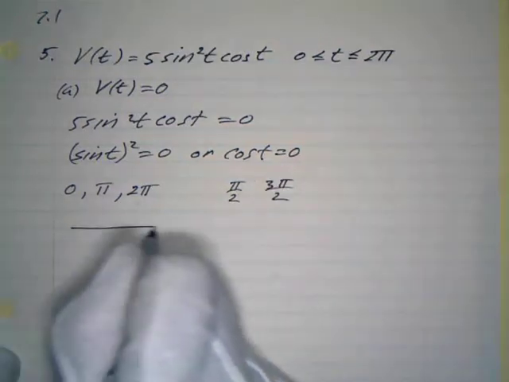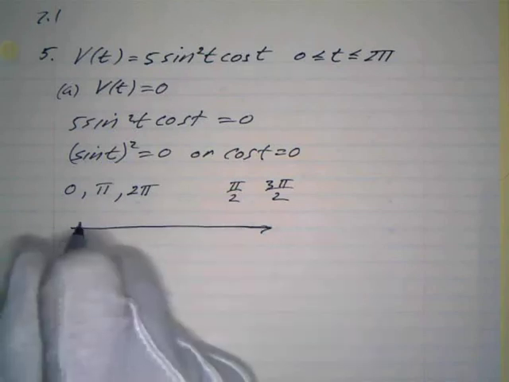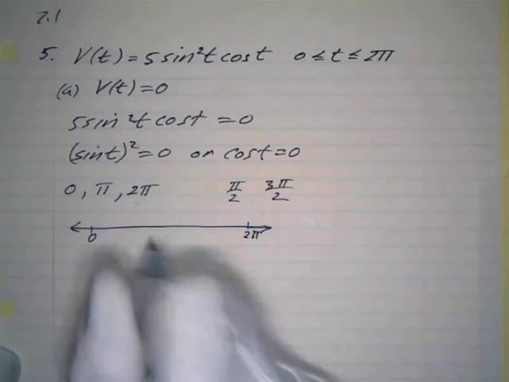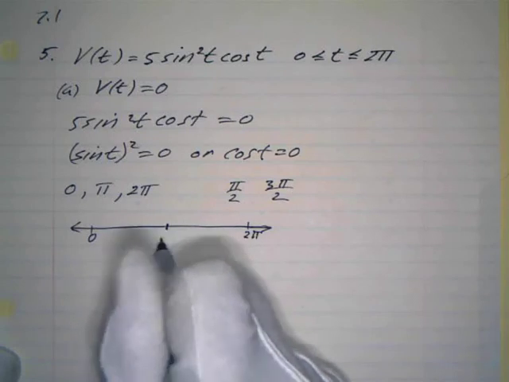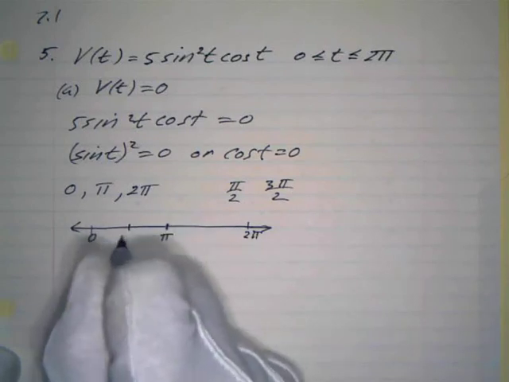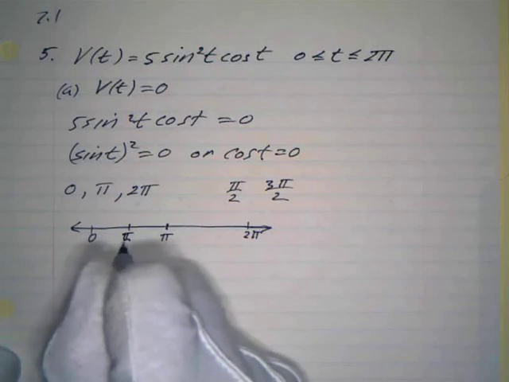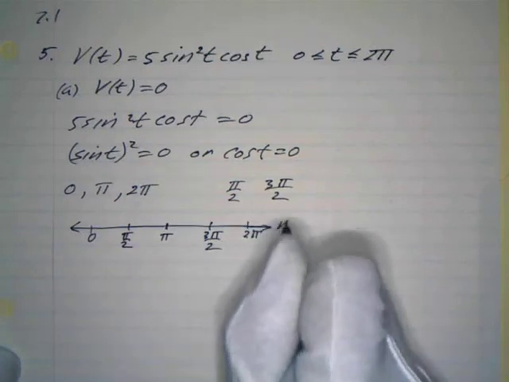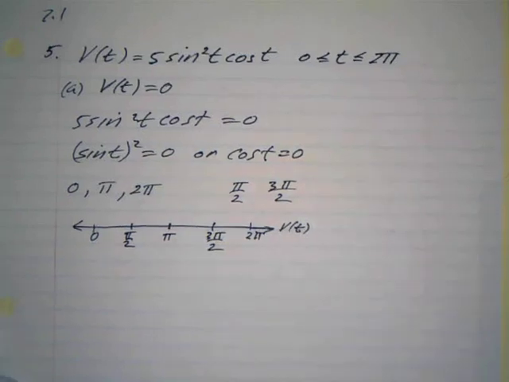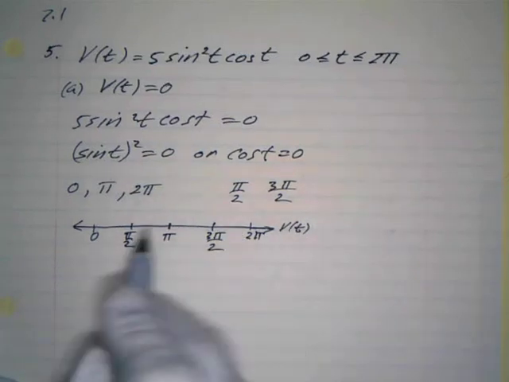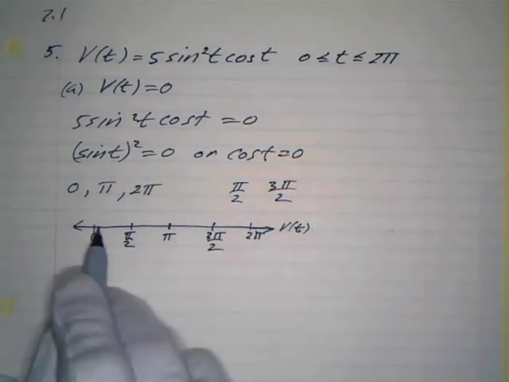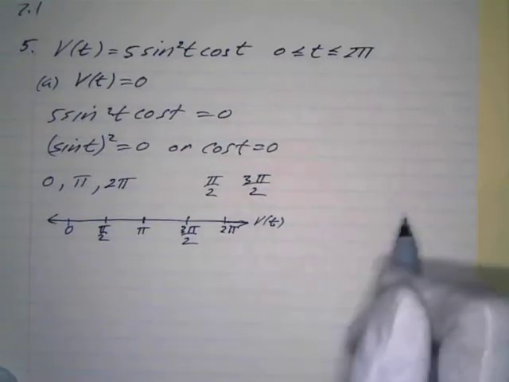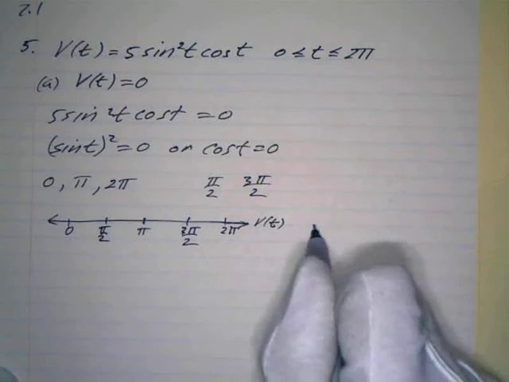So we can look at this velocity line that we did before. It's going to be a little bit bigger, and we're going to go from 0 to 2 pi and pi over 2, 3 pi over 2. And these are going to be our 0 points. I kind of want to figure out what the signs are going to be here so I know whether I'm going left or right. There's lots of ways to do this, but I can just look at the graphs here. Now if we draw our graphs here on the right,